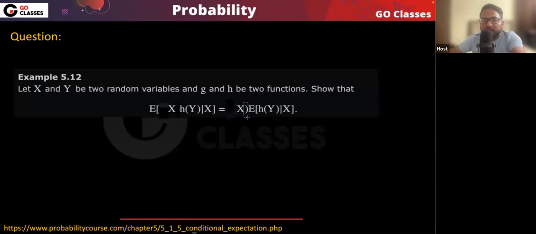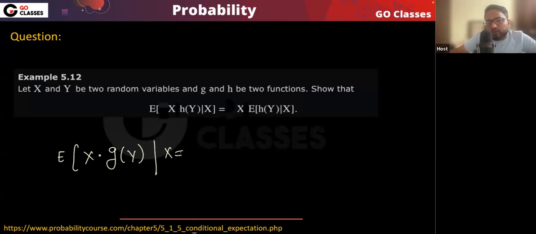Now they are saying, if you want to find out the expectation of, let's suppose, x into some function of y given x. So expectation of x into some function of y, h(y) or g(y) or whatever, let's suppose g(y), given x equal to maybe 1, x equal to 2, or like that, right? Anything, okay? X equal to c. Then this is nothing but c into expectation of